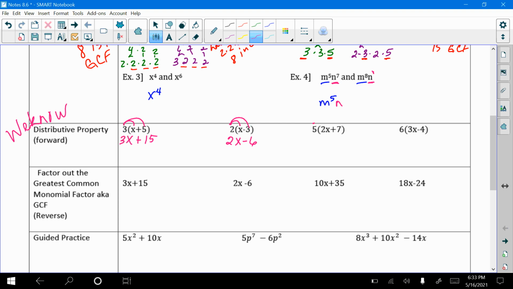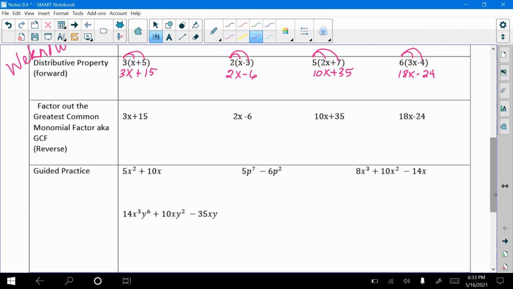We know that 5 times 2x is 10x, and 5 times 7 is positive 35. 6 times 3x is 18x, and 6 times negative 4 is negative 24. So now what we're going to do is go in reverse, okay? We're going to actually divide out that leading coefficient, or that leading term,